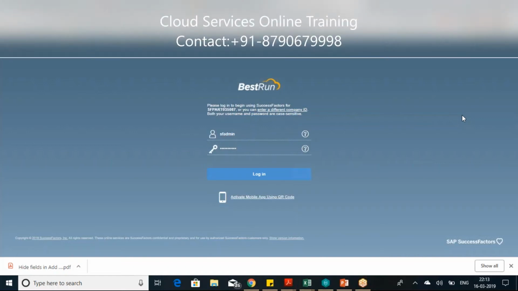I don't have much knowledge about it, but I understand how payroll and HR systems work. A little bit of knowledge, but I think I'm a good learner, so that's why I wanted to do SuccessFactors. Okay. You don't have to worry, because SuccessFactors is very easy to learn compared to other applications like SAP or Oracle. No problem. We will make it easier for you as well.